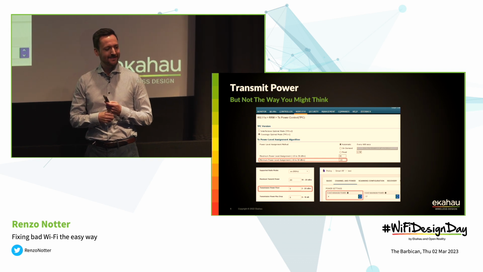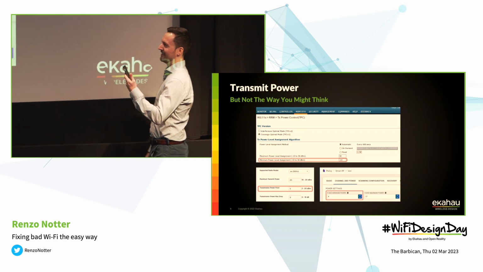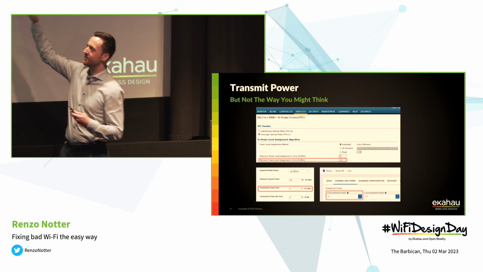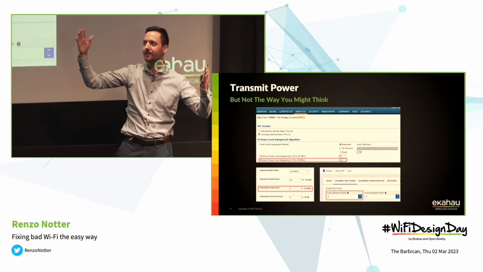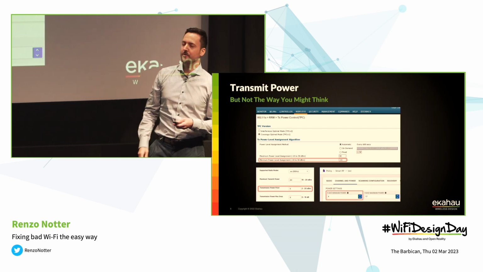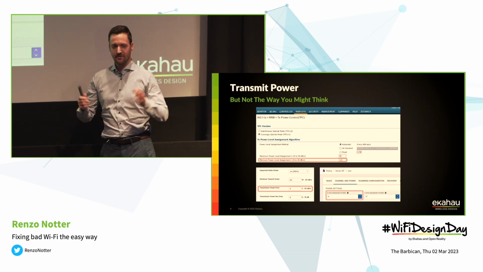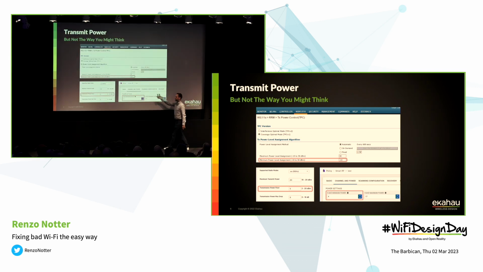It's a quite nice tool to save time or to not have to define it by yourself. But the big issue is all the vendors do it a little bit differently with the default values, right? So on the top here you can see this is from a Cisco controller. If you just use TPC in Cisco as default,